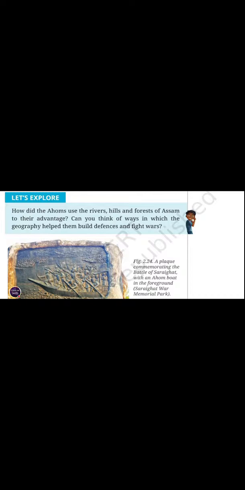Hills helped them for attacking from high regions directly, using gunfire or arrows. Then the forest